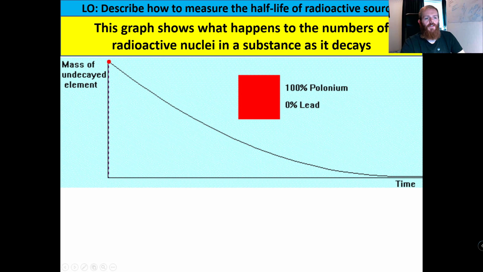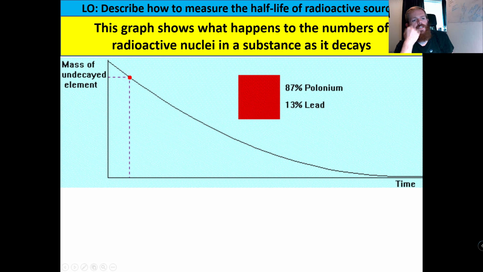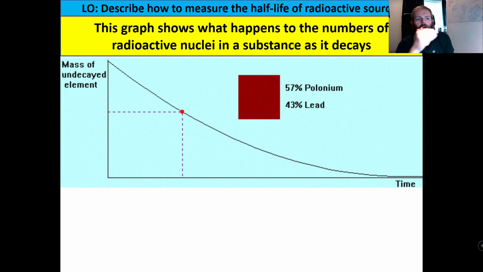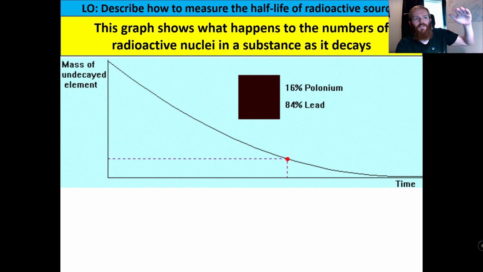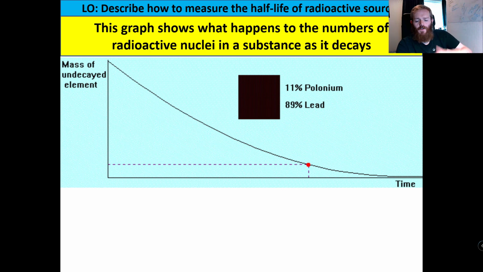So let's just have a quick look at this graph then. This makes quite a nice job of it. You can see it started off there at 100% polonium, and over time the amount of polonium is decreasing while the amount of lead is increasing. If you watch it, it actually gets slower and slower, and that kind of makes sense, because this is exponential decay, isn't it, really? If you start off with a certain amount and it decreases by 50% each time, the first few steps look